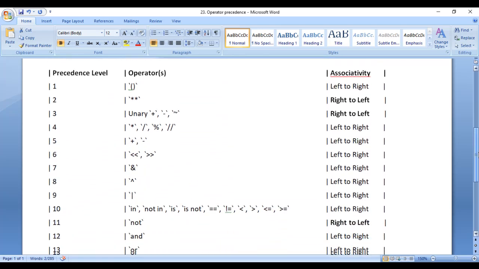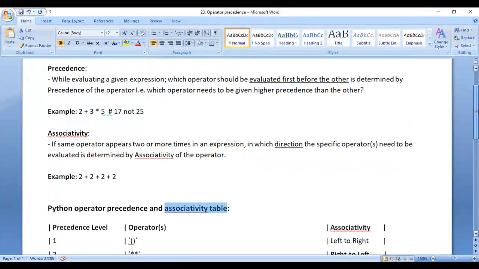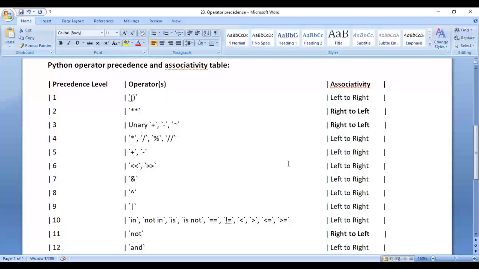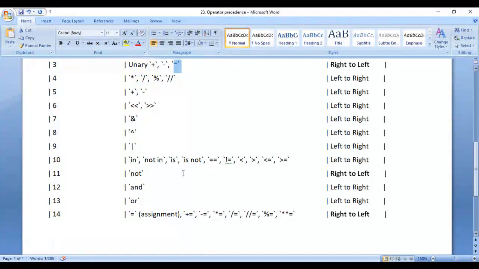Here I have the operators and their precedence. Next we have associativity. If the same operator appears two or more times in an expression, in which direction a specific operator needs to be evaluated is determined by the associativity of the operator. Here, exponentiation, unary plus, minus, tilde, the boolean not or logical not, and assignment operators have right to left associativity,